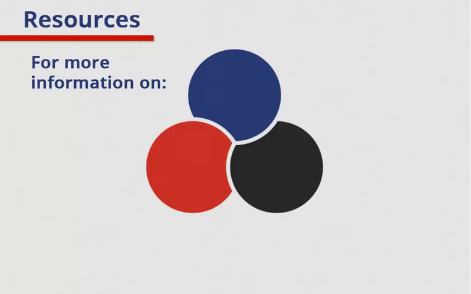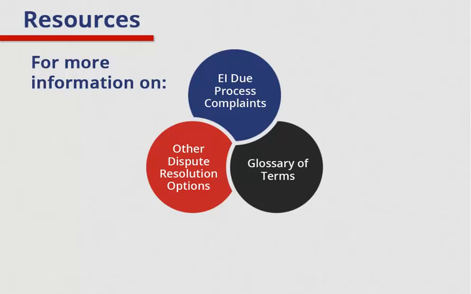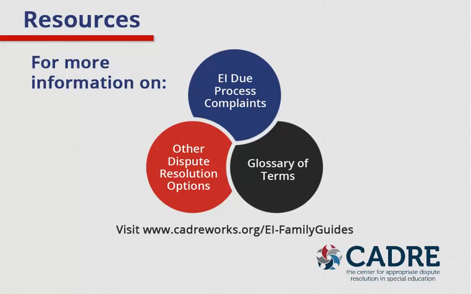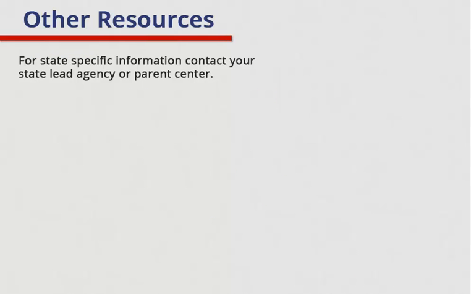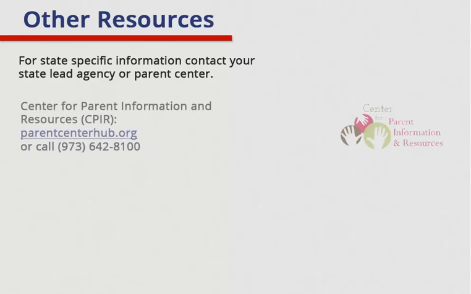For additional information on early intervention due process complaints and resolution meetings, a glossary of terms, and other early intervention dispute resolution options, visit www.cadreworks.org/EI-FamilyGuides. For state-specific information or individual assistance, contact your state lead agency or OSEP-funded parent center. The Center for Parent Information and Resources can also assist. They provide information on a variety of early intervention and special education topics and a current list of all the parent centers in the nation on their website,